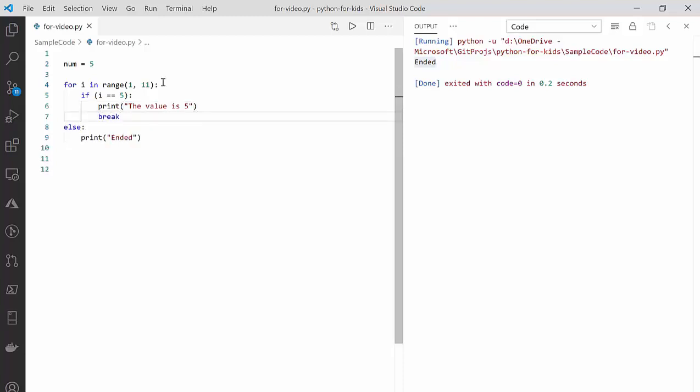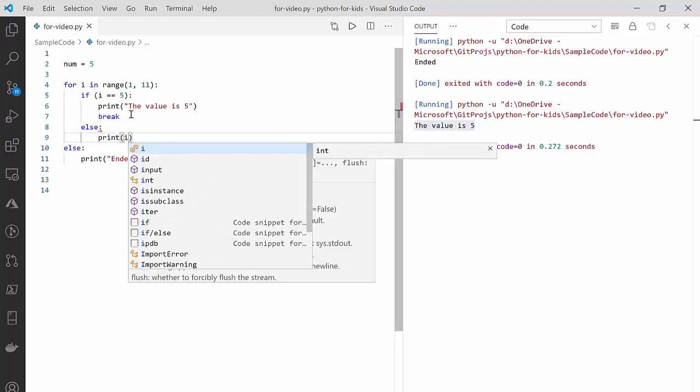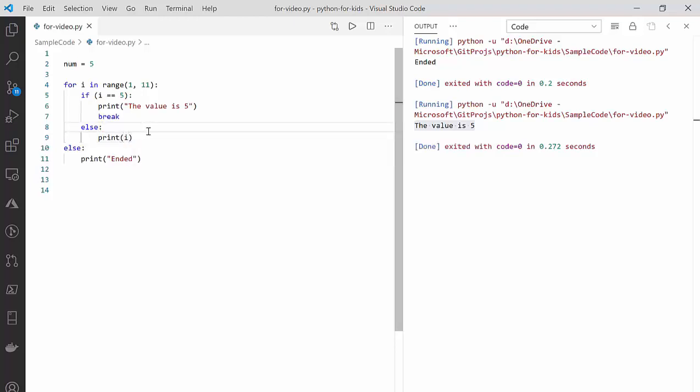You can just come out of it, right? If you say something like this, you see that it is just breaking it. And then instead of you breaking it, you can also put an else condition to print the value. So let's say, what are the values? So we'll see now, if there